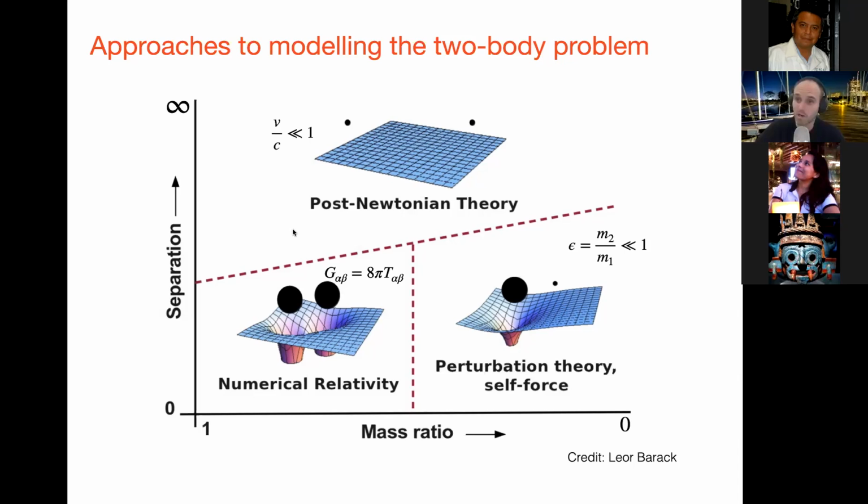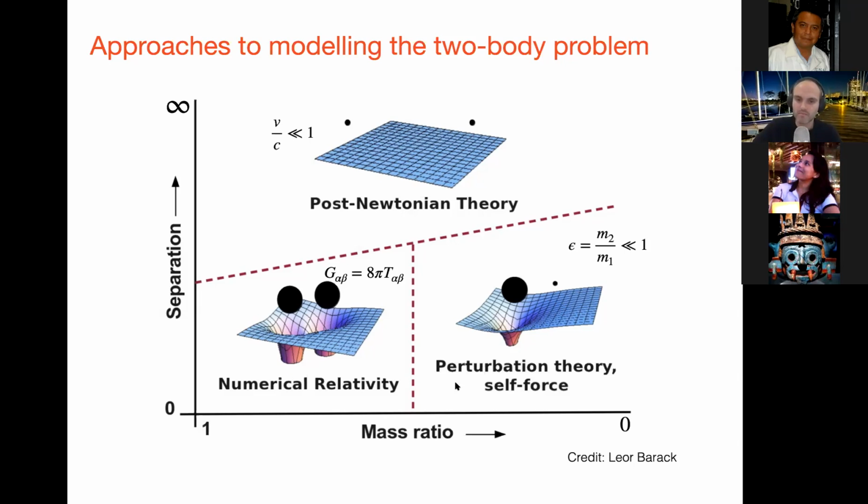In particular, they can't start the binaries too far apart, because then it would just take too many cycles for it to actually merge all the way down to plunge, and we just don't have the computing power or the patience. Likewise, we also can't start with a particularly small mass ratio, for two reasons: you need extra resolution to resolve the smaller body, and that limits the Courant limit, and means you have to take extra time steps in your simulation. Furthermore, as the mass ratio gets smaller, you get more cycles. As I said, with LIGO Virgo sources, you might have 40, 50, 60 cycles in the detector, but if you need to model 100,000 cycles, this is not the kind of thing you'll be able to do with numerical